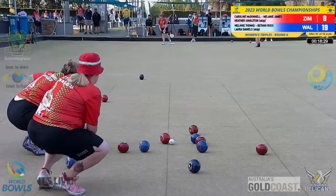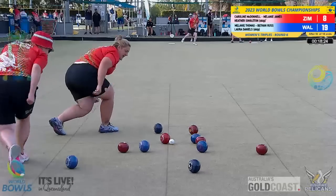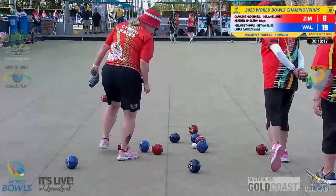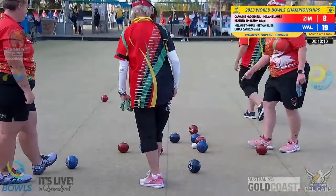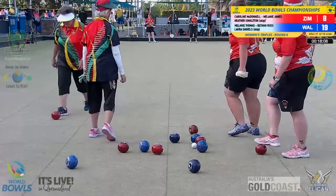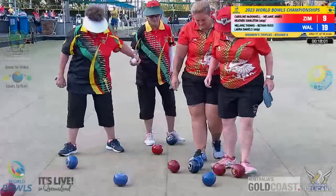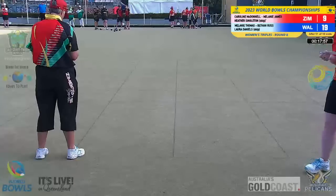She's close. I don't think they're going to have to give it as much movement this time. She's got it directly and played a great shot. Don't think she got the result. She's gone from one down to one down. Girls are looking at it. Yep, it is one down. They've been confirmed by the Welsh girls. So one to Zimbabwe. Moves them on to 9, and we are at the final end of this